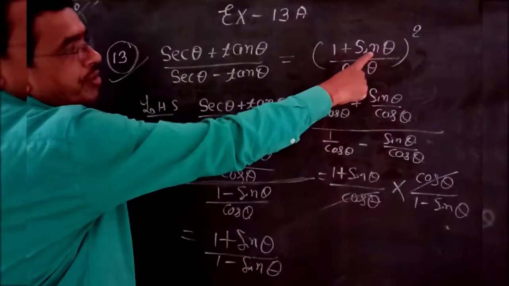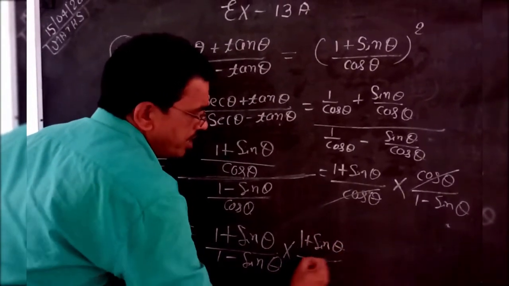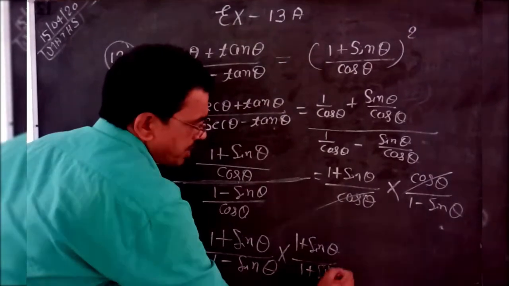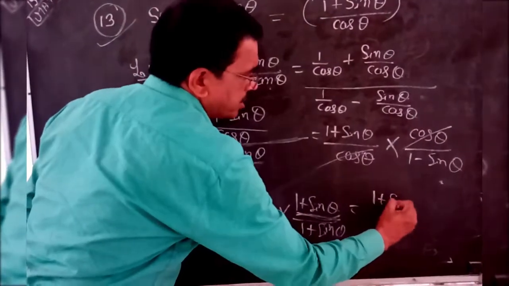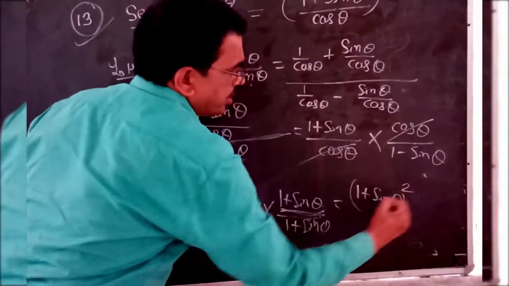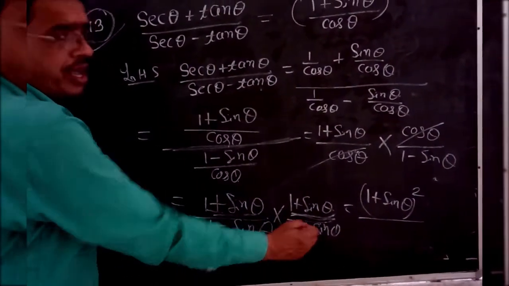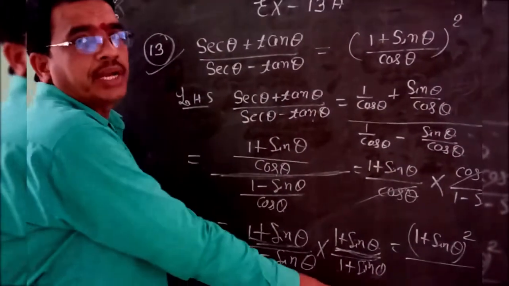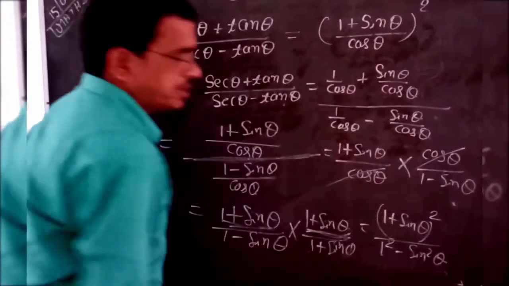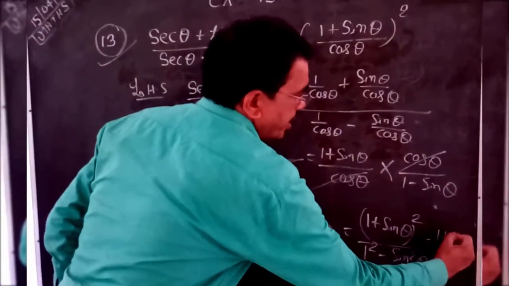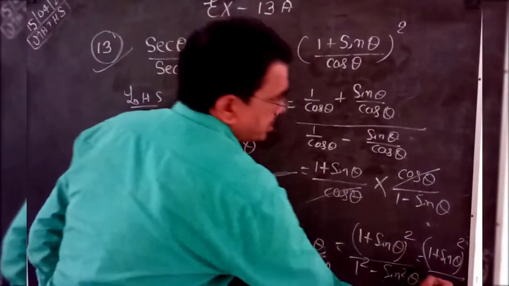Now RHS, it is 1 plus sin whole square, so you multiply 1 plus sin in both the numerator and denominator. So 1 plus sin theta. What do you get? It is 1 plus sin, it is also 1 plus sin, then it is 1 plus sin theta whole square. And here is 1 minus sin, 1 plus sin, it is a minus b and a plus b. It is the formula of a square minus b square. So write here 1 square minus sin square. RHS, now you get here 1 plus sin theta whole square, and this is the formula of cos.